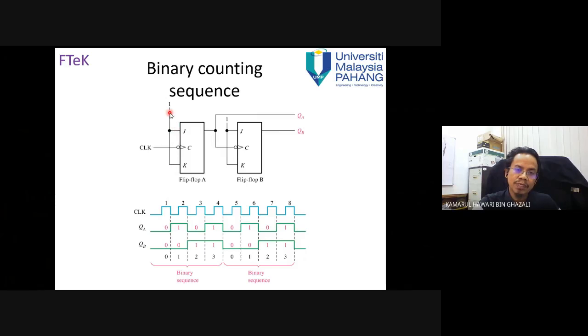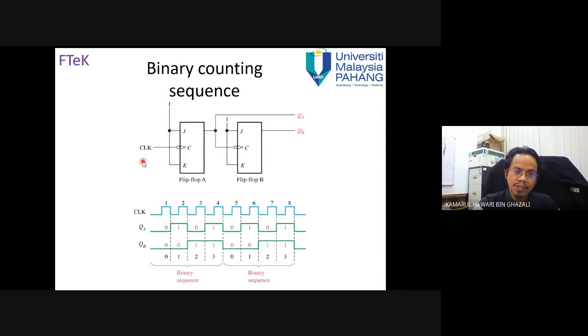If you refer to the JK flip-flop, you have the input 1 1, then you get the output. With this clock, with inputs 1 1 as a trigger, you have the initial value 0. At this negative clock trigger, because you have 1 1, this is the output QA. So output QA is triggered. If you look at this circuit carefully,